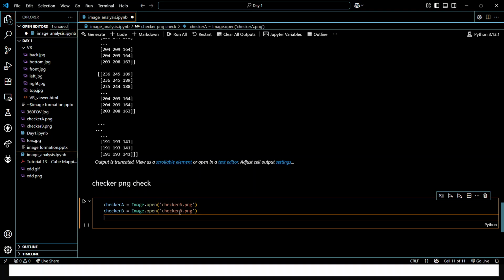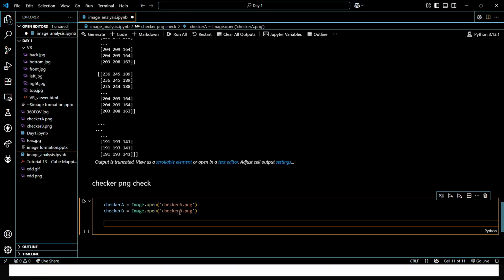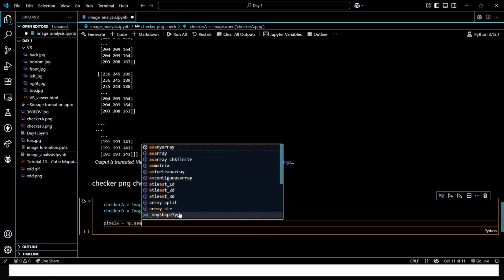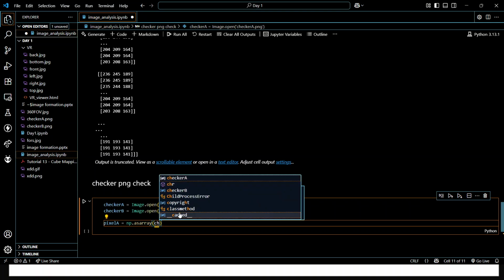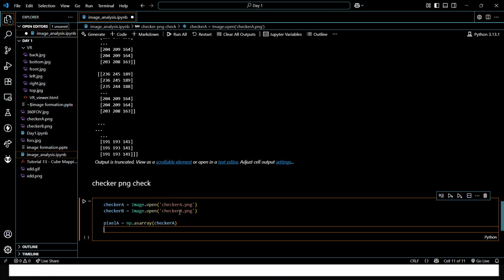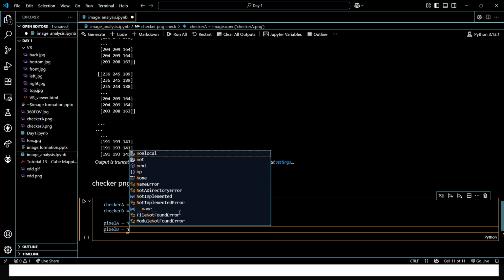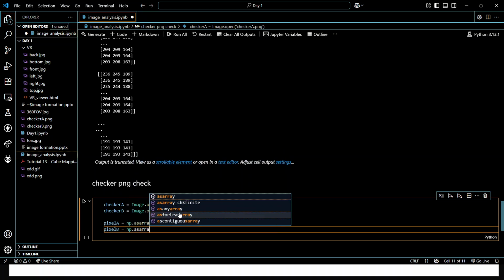What should we do? We want the pixels, right? We want to have the pixels. So okay, let's convert that into pixels. Then let's say pixel A equal to, pixel A equal to, and pixel B equal to F dot S a